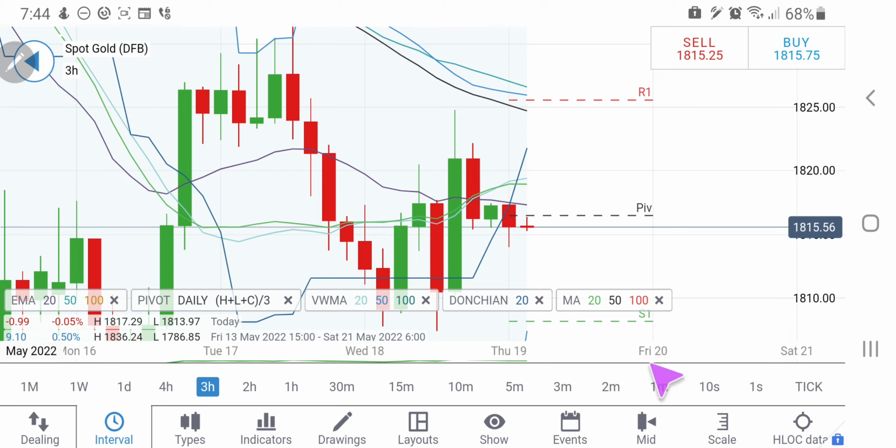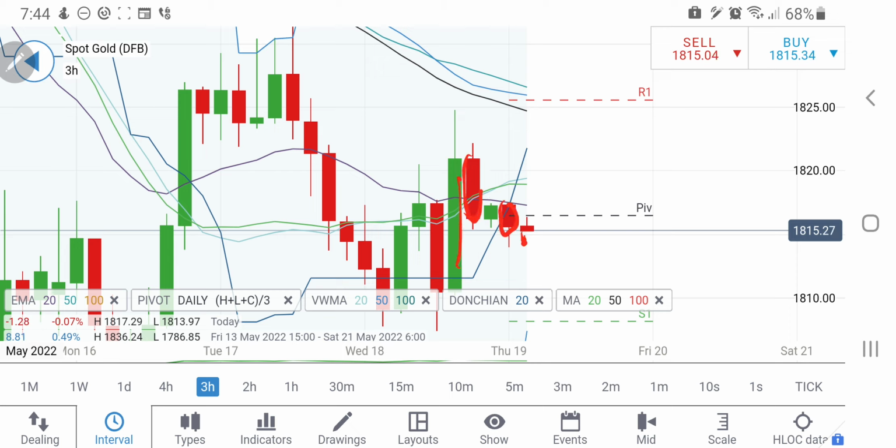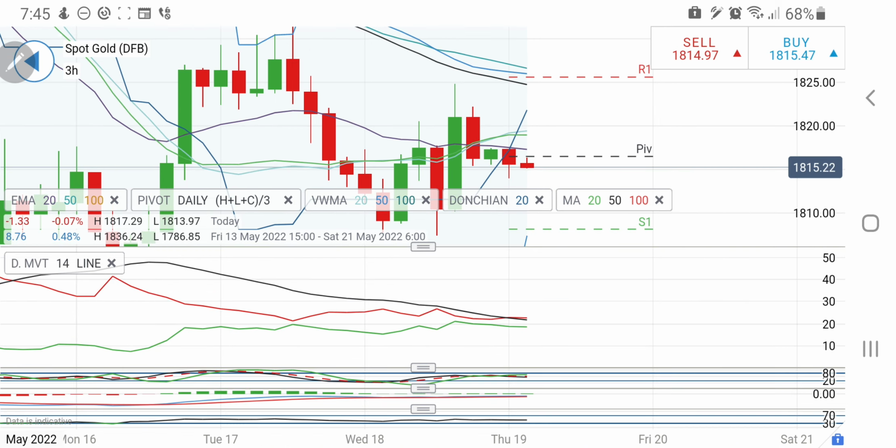So the confirmation here is only long above 1818 levels, beyond which 1822 and 1825 levels may provide resistance, and beyond that it may fly. At the same time, as long as it remains below 1818, see the size of the candle after this bigger move is a smaller candle, and if it tries to go deeper from here, we may see further red candles. Below 1813 you can go short, where the target is going to be towards 1810 and 1808 levels, which is going to provide a stronger support.